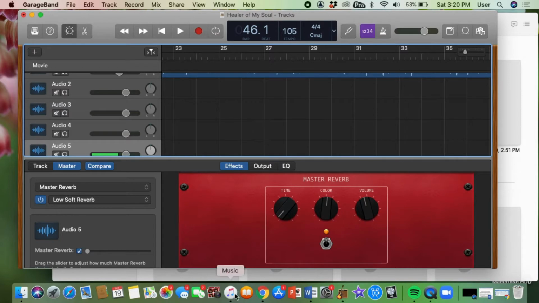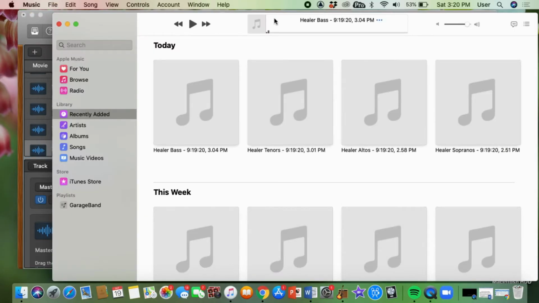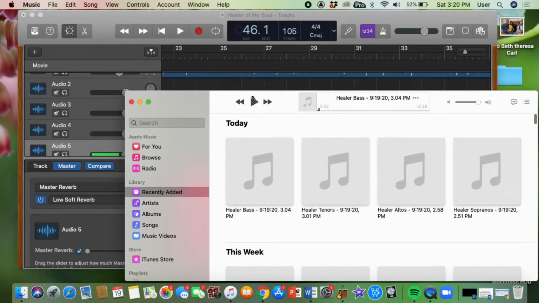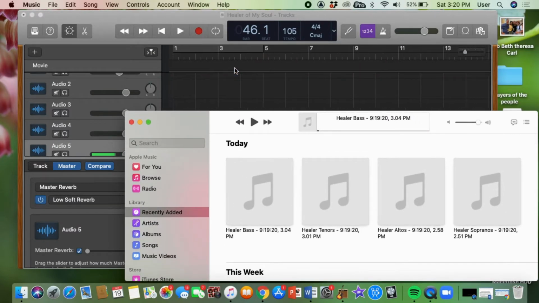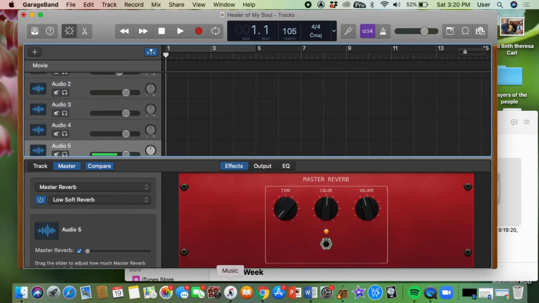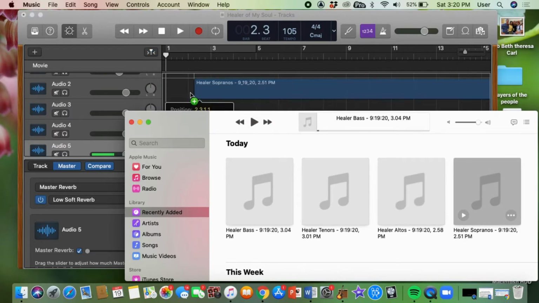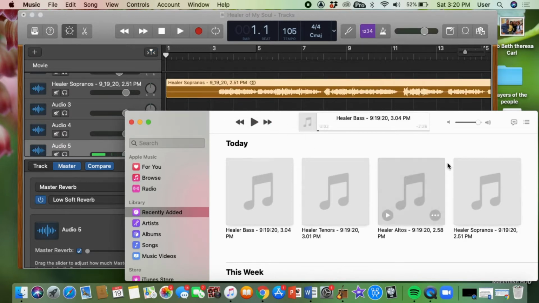So I have an open project here that has the instruments in it already. So I'm going to retrieve from music. I'm going to retrieve my 4 tracks for each part, and I want to make sure my cursor is at the beginning, and I'm going to just drag and drop. So I'm going to drag sopranos, I'm going to drag altos,